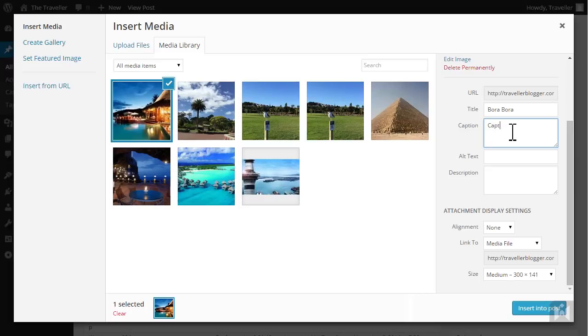If you enter a caption, it'll appear directly under the image. The content in the alt text field will appear instead of the image if a user has disabled images in their browser. Under Attachment Display Settings, the alignment dropdown allows you to align your image to the left, center, right,